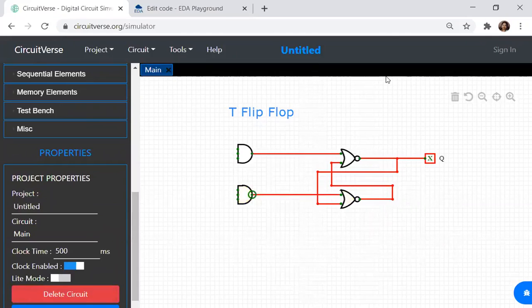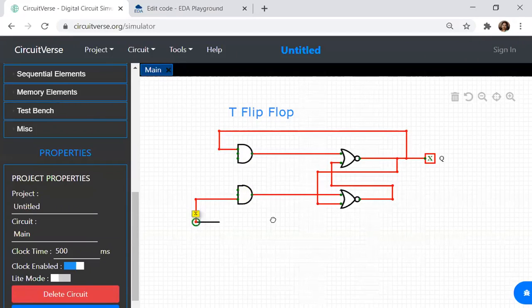Now Q is connected to the first AND gate. Q bar will be connected to the second AND gate. So let me take Q and connect it to the first AND gate. This is the first gate what I have. This is connected to Q. Q bar is connected over here.